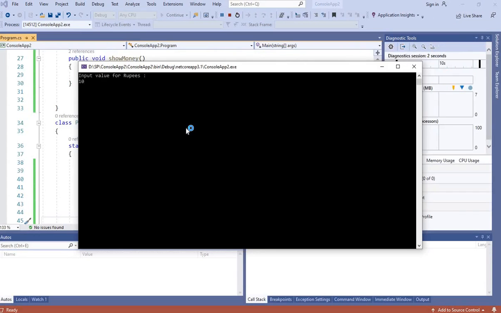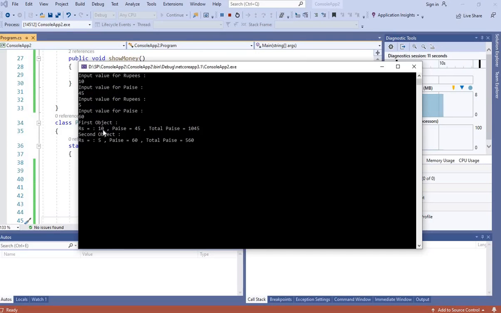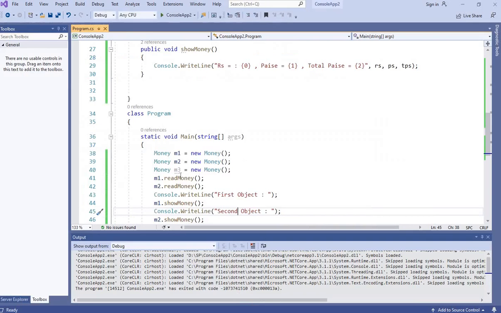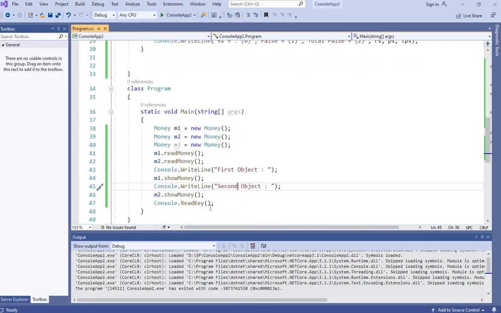the first is 10 rupees 45 paise and the second, suppose, is 5 rupees 60 paise. So the first object is 10 rupees 45 paise, total paise is 1045, and the second object is 5 rupees 60 paise, so 560. Now I want to add these two into m3. So if I write here m3 equal to m1